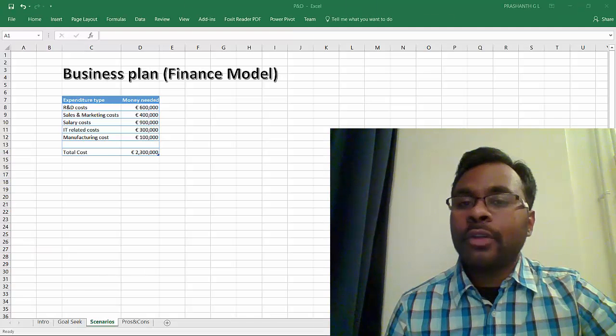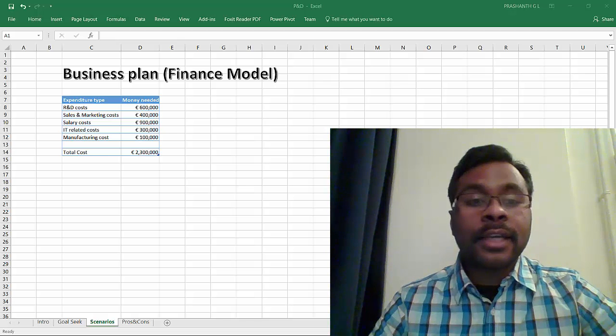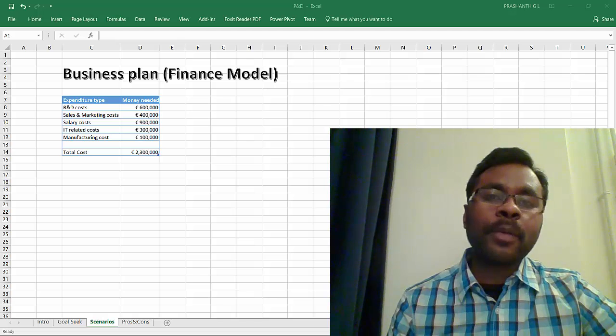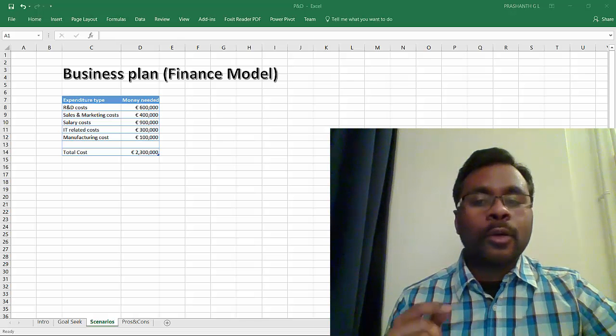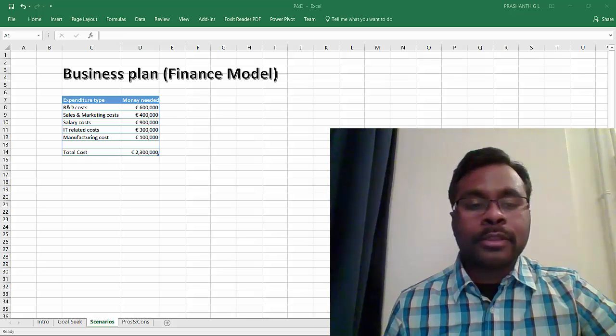What-if analysis is often used to compare different scenarios and their potential outcomes based on changing conditions. Scenario Manager in Excel is a great feature for comparing multiple sets of data in a worksheet. For example, let's say I want to start a company with a prototype I already made from my idea. I need money for my business. Now let's assume this is a typical business plan for getting investments from venture capitalists.